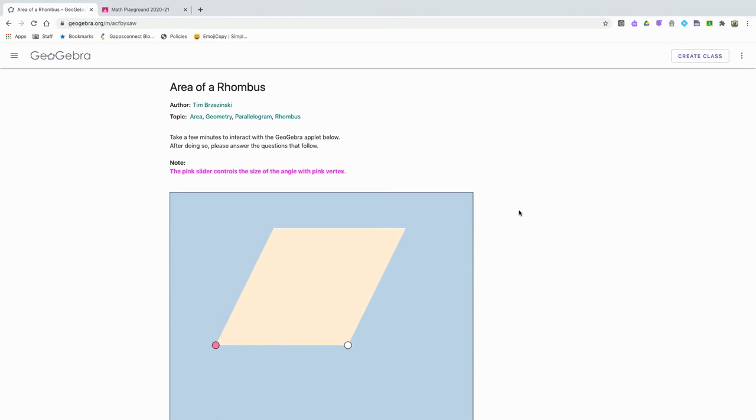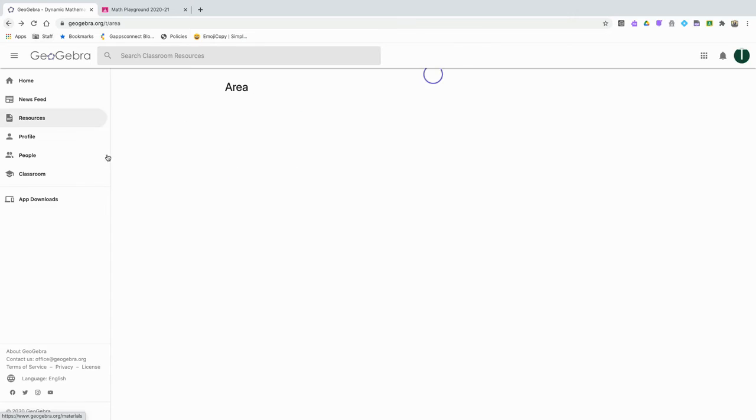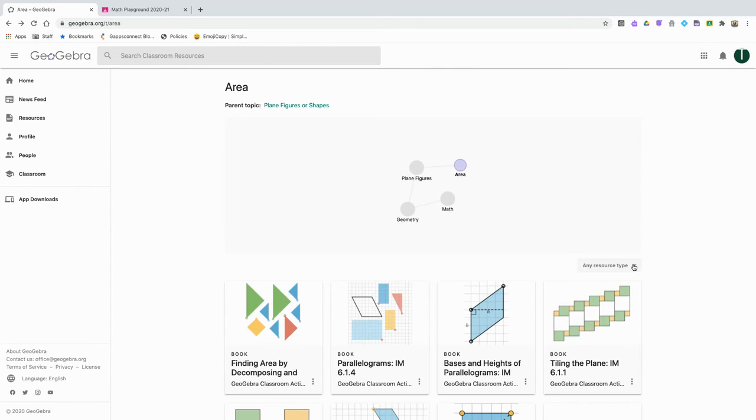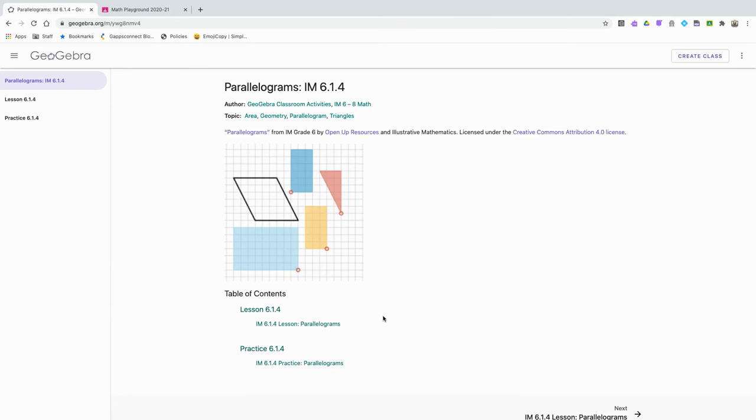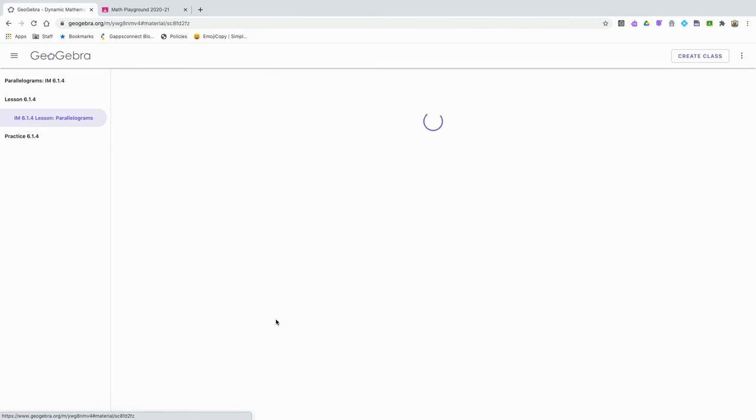This is an activity. And if I were now to refine my search to books, I will show you the difference. Let's look at parallelograms right here. Now this is a great example of a book versus an activity. There are lessons and practice, and they're listed here as well. There's a lesson and then there's practice. If I were to go into this lesson,